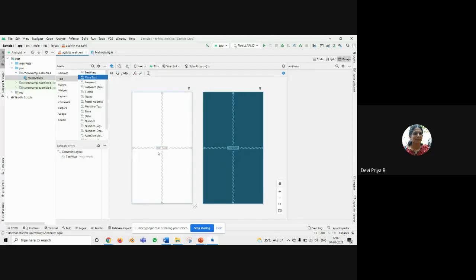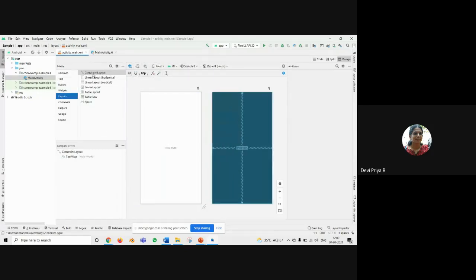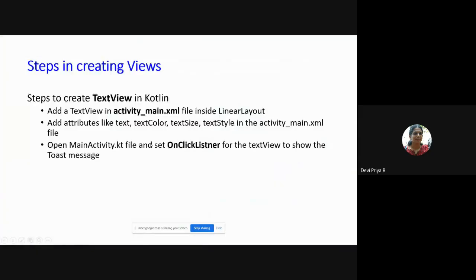Actually, you have different types of layouts, and this is opened in constraint layout. See, these are the layouts: constraint layout, linear layout, and in linear layout, you have horizontal and vertical layout. Then frame layout and table layout, where you can place your components in the form of tables, and inside the table you can create so many table rows, right? So first we will see all those things. Before that, we will have the different types of this.